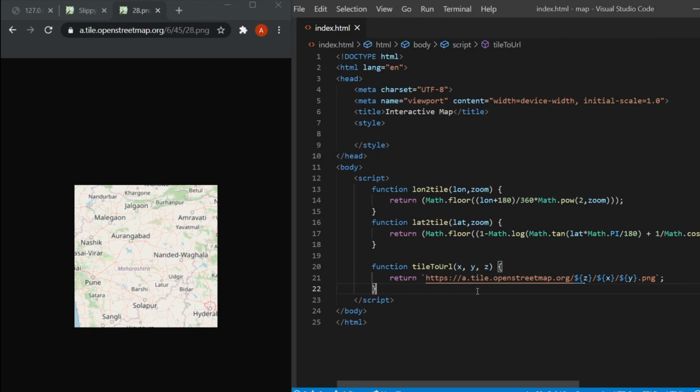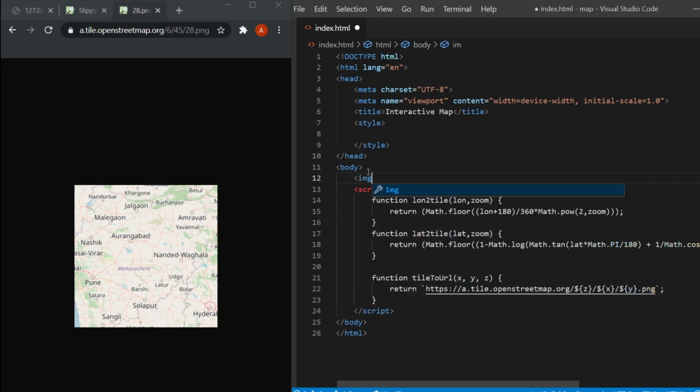Okay, now that we have our functions here, let's actually get to see some output using it. I'll require an image tag, obviously, because I want to use this particular source taken from here and view it in our HTML code. I'll have to use an ID so that I can refer to it in my JavaScript.